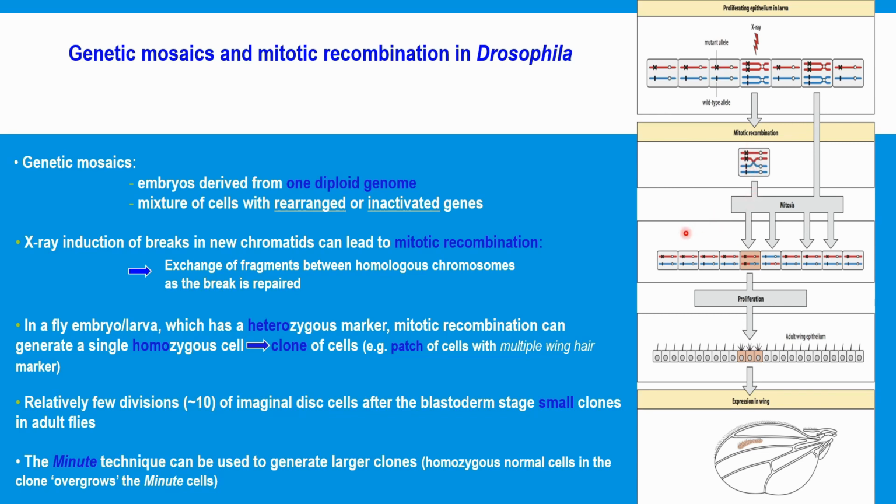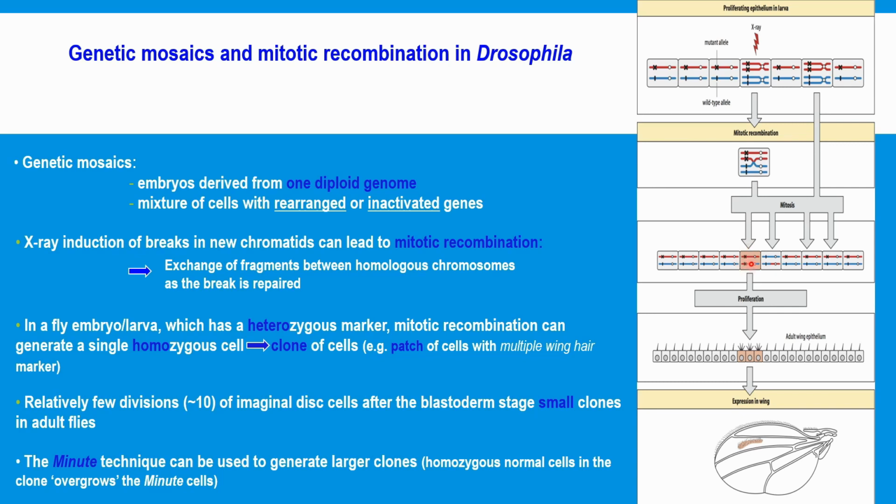Most of the time it'll give rise to cells that are repaired correctly, but occasionally one of these chromatids will swap with the other chromatid on the homologous chromosome, giving rise to a cell that has one sort of normal looking chromosome with the mutation and one wild type chromosome but with the mutation in that region